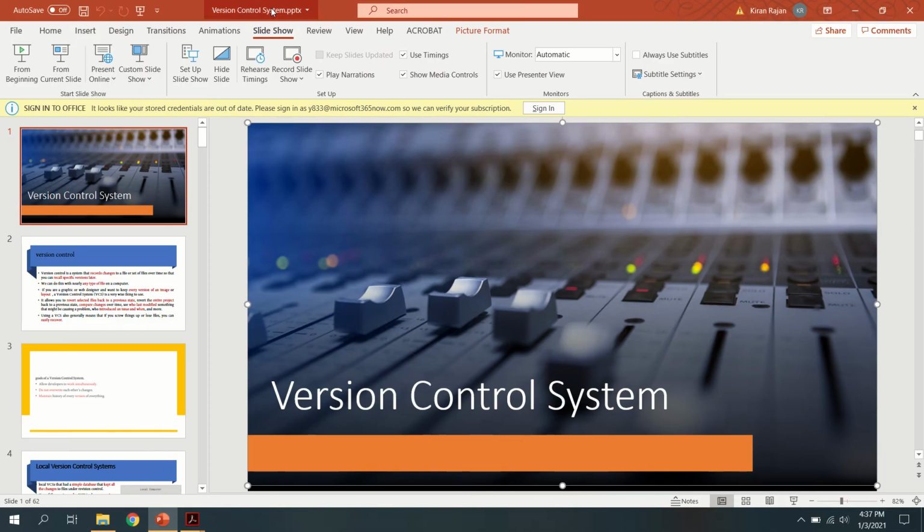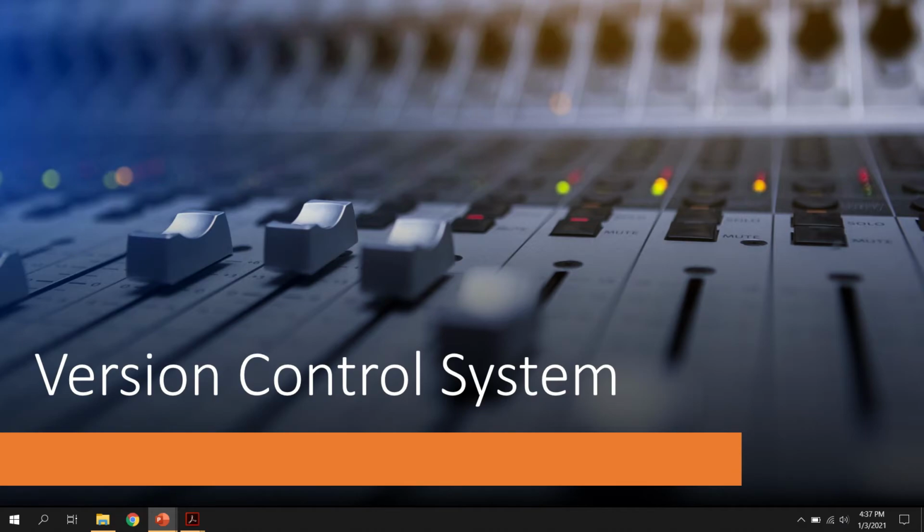What is version control system? So I will give you one small example based on which you can understand what is the meaning of version control system. You all are not much familiar about the programming languages. Only some of you may have idea about the programming languages.